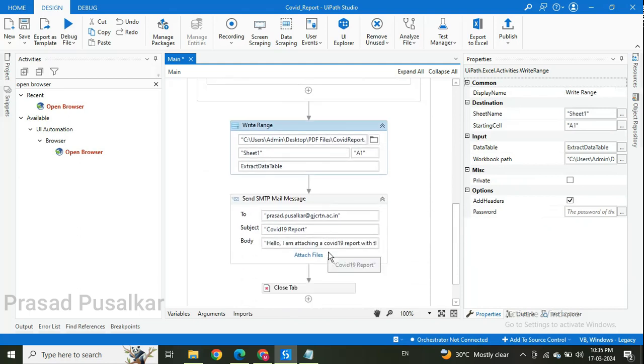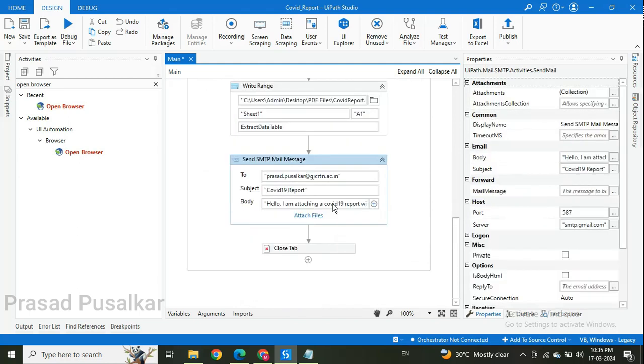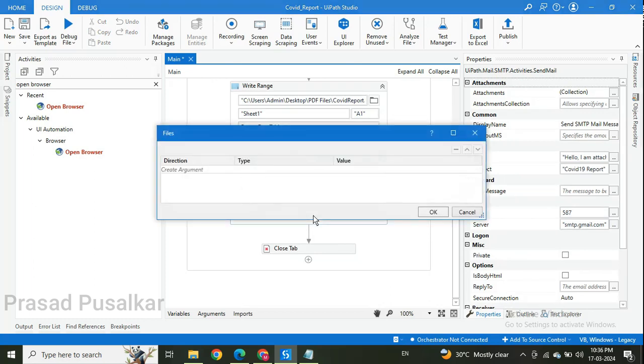And yeah, okay, so one last thing we forgot to do is we need to attach that Excel file to the mail. So we have created the mail, we didn't attach that Excel file over here. So we'll just click the attach files, click on create argument. Argument direction will be in, because we are providing the argument to the activity. Type is string,